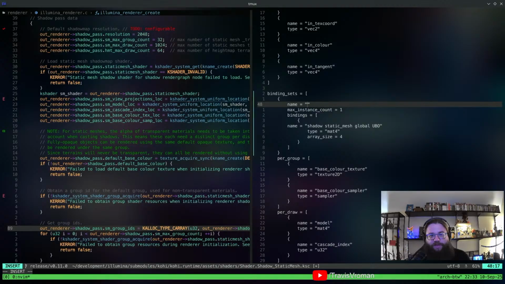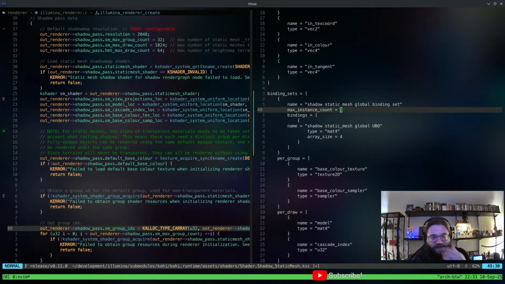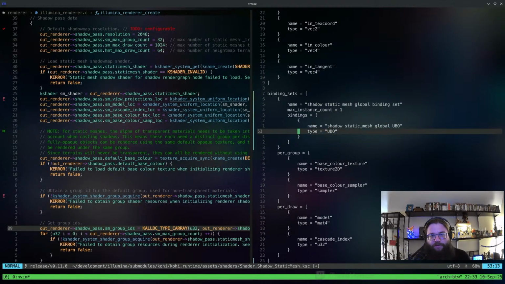So this is going to be the shadow static mesh global binding set. The name doesn't really matter, it's just for debug purposes. And then this is the global UBO, so the type is UBO.